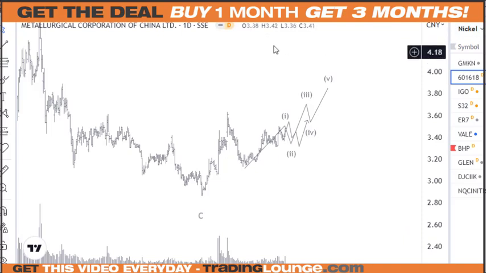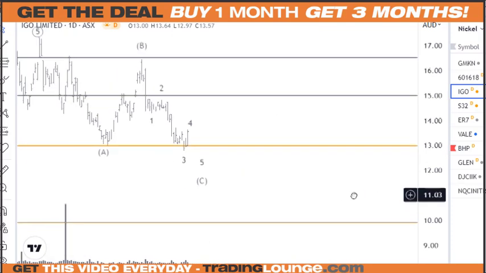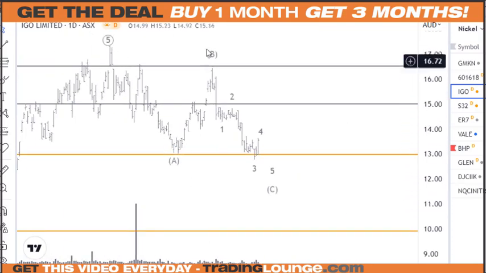So yeah, the copper, that would be the same with all the copper stocks, and we're seeing that in BHP. So this is nickel, and this is a Chinese stock, and we've been talking about this being positive, which is fantastic. It's kind of lifting the others to the point, but obviously there'll be a currency exchange valuation in this as well. We've been focused on IGO. So with IGO here, we've been looking down as the A wave, the B wave, and the C wave down here. And I've been looking for